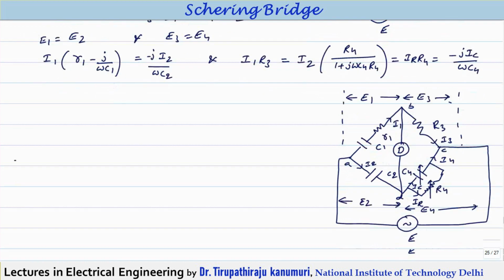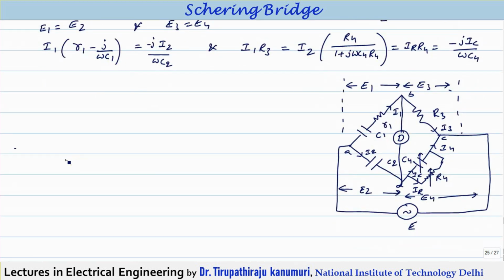So let us try to draw the phasor diagram. So after that we will proceed further. Again, for drawing the phasor diagram, we have to take something as my reference. So I am taking my current I1 as my reference for drawing the phasor diagram. So I am starting with this one. So I1 multiplied by R1. This is I1 multiplied by R1. So for I1 multiplied by R1, we have to add minus J times of I1 by omega C1. Minus J means it will be in the negative imaginary axis. So this will be minus J times of I1 by omega C1.